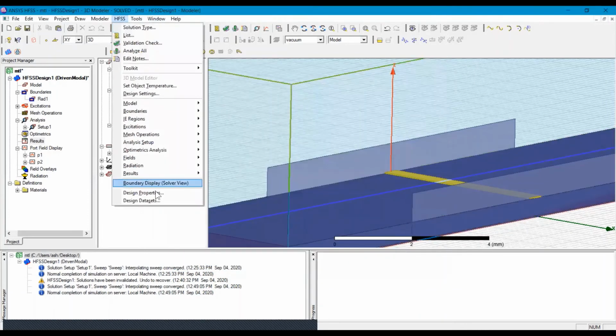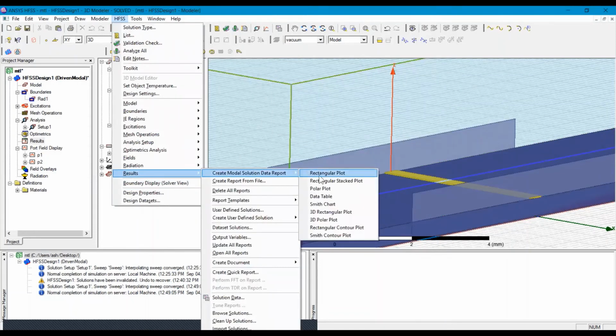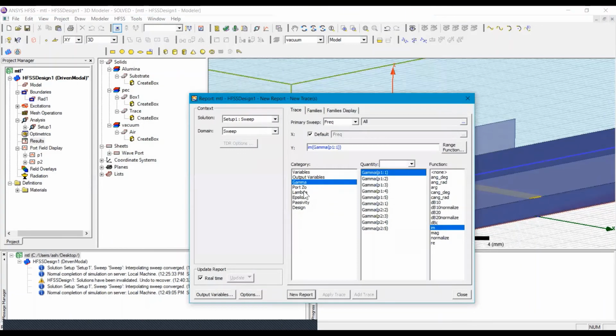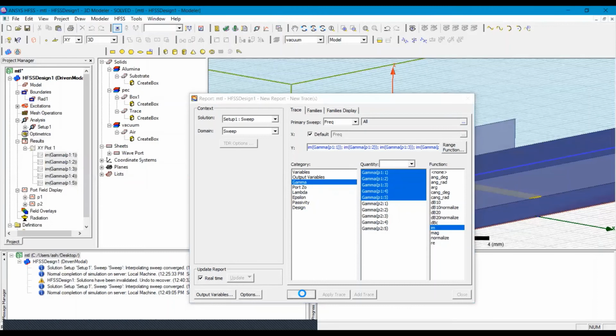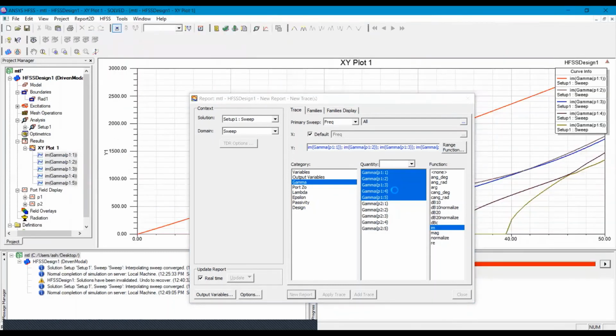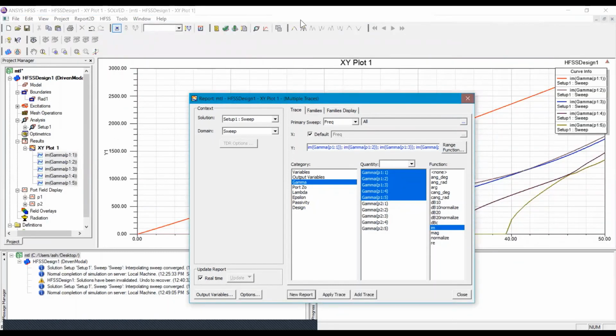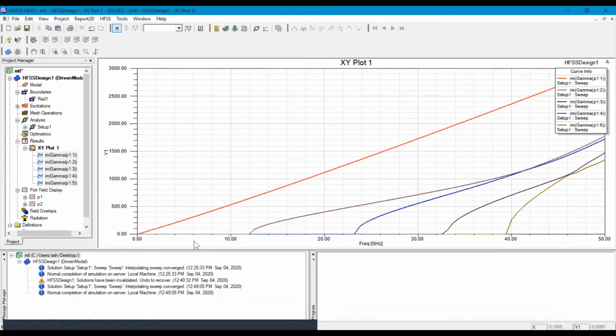Now we will see the results. In the rectangular plot, we will choose the first 5 modes, and in the function menu we will select the imaginary part, and here we can see the first 5 modes that will propagate at different frequencies.